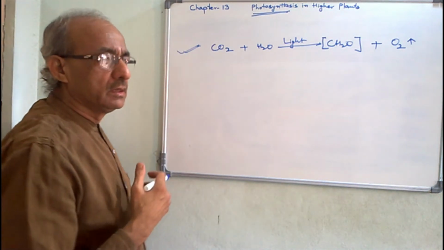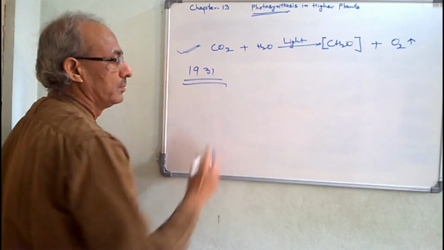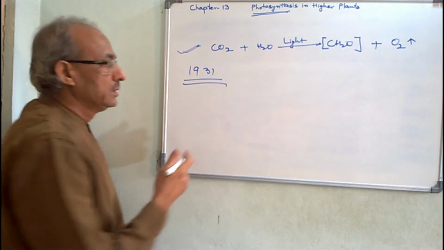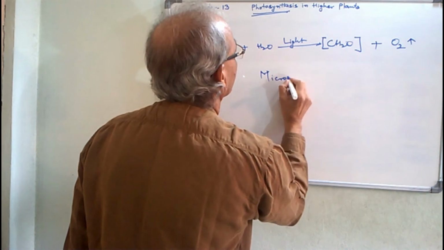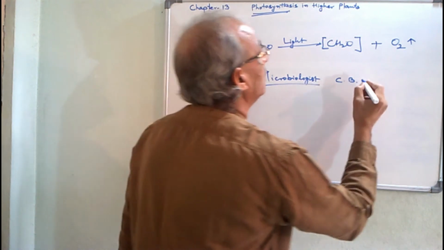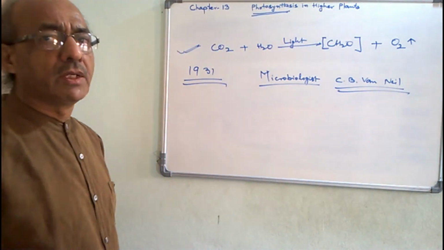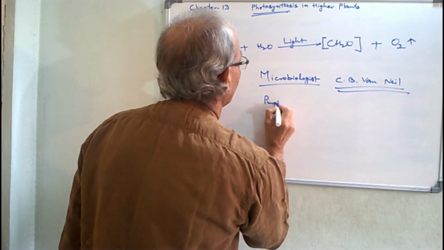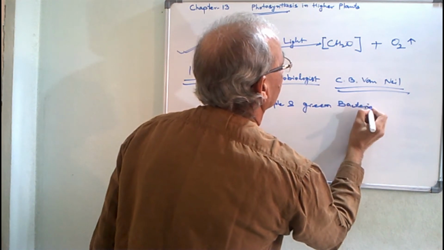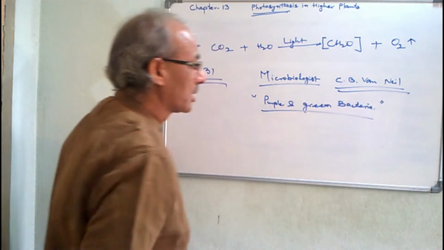And after some time, in 1931, a landmark was established by a great scientist, a great microbiologist, namely C.B. van Niel. He did an experiment with purple and green bacteria, green sulfur bacteria. C.B. van Niel, after doing the experiment with the purple and green bacteria,